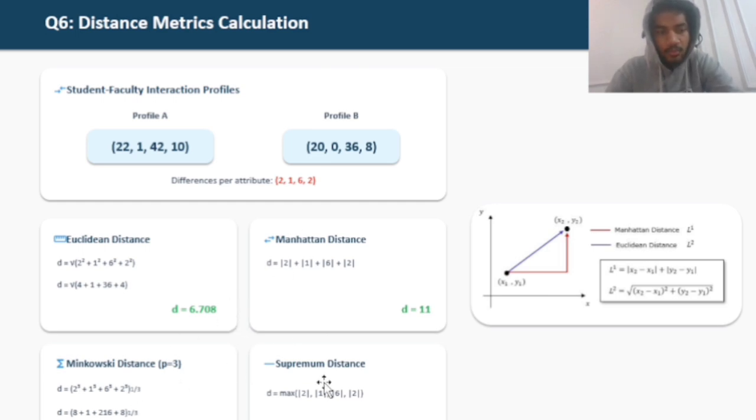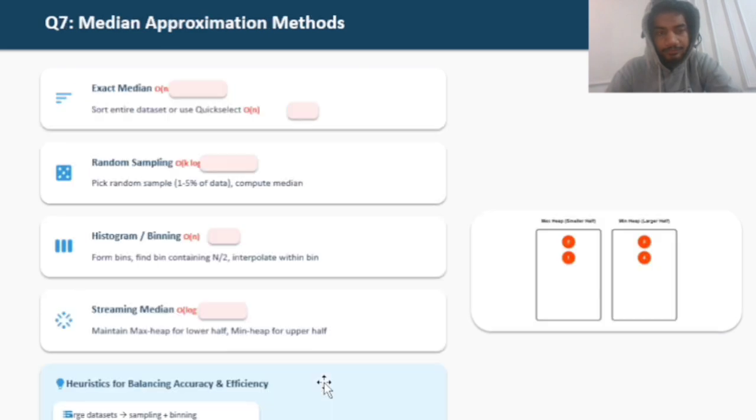So let's move to question number 7. In question number 7, for large student feedback systems, computing the median exactly can be slow. So we use approximation techniques. Here are the recommended methods. First, sampling method. Take a random subset like 1 to 5% of data and compute the median. Fast and surprisingly accurate. Second, histogram, which is also called binning approximation, where we divide scores into intervals like